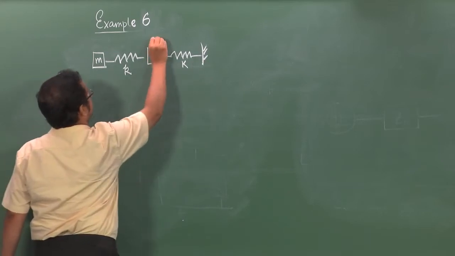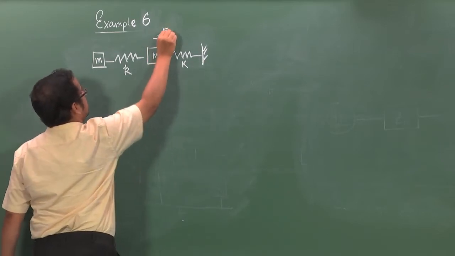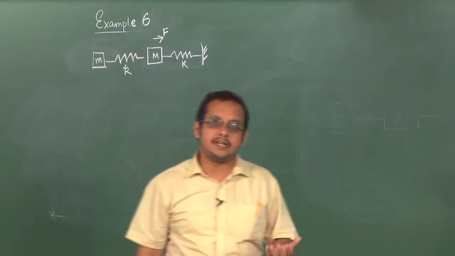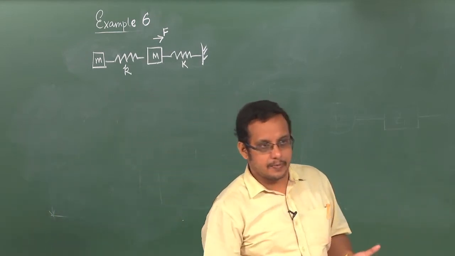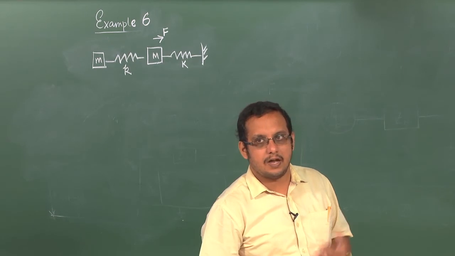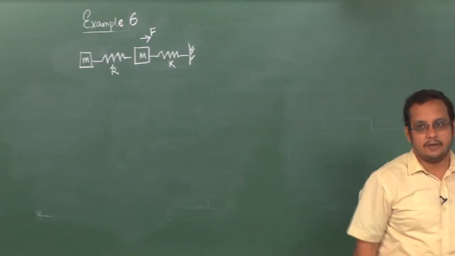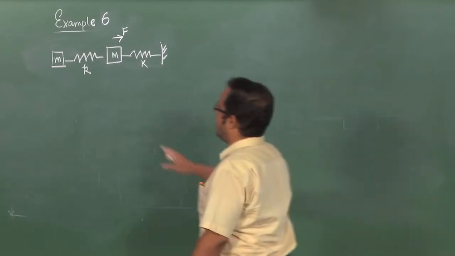There is a certain force acting on the primary mass, because of which the primary mass is supposed to oscillate, but then if you find that the vibration of this mass is beyond a certain level, then what you have to do is that you have to choose